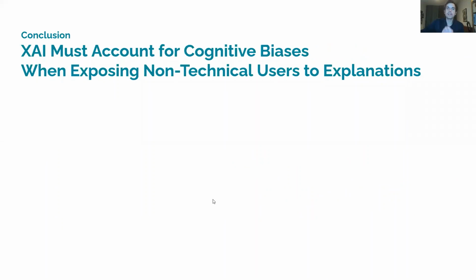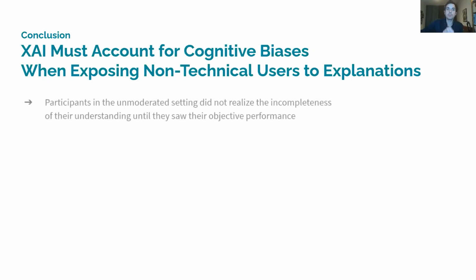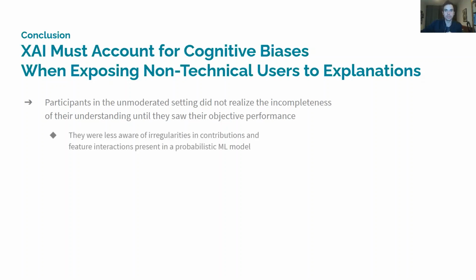Our work highlights the need for explainable AI to account for the cognitive biases when exposing explanations to non-technical users. In our unmoderated setting, participants did not realize the incompleteness of their understanding until they saw their objective performance. We observed that they were less often aware of irregularities in contributions and feature interactions that were present in the